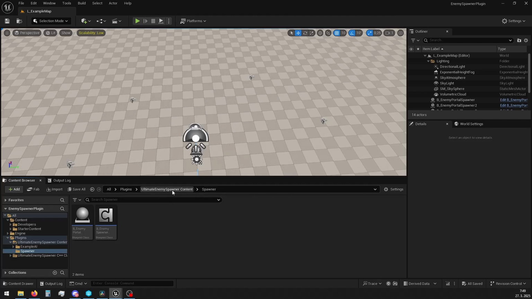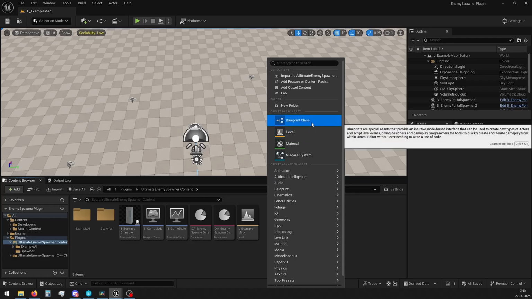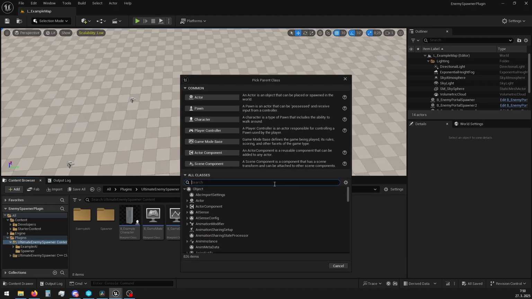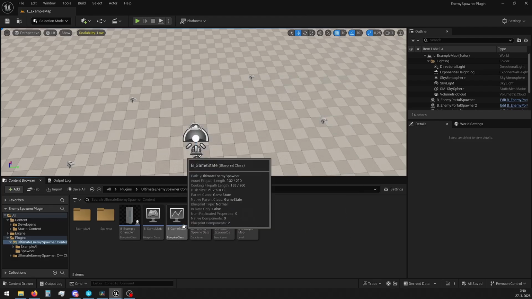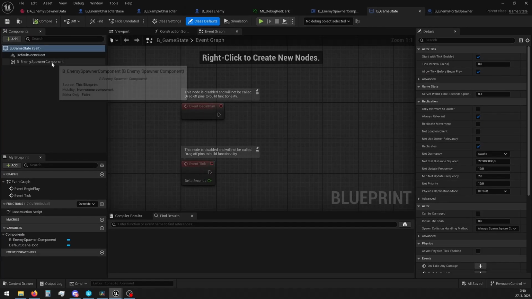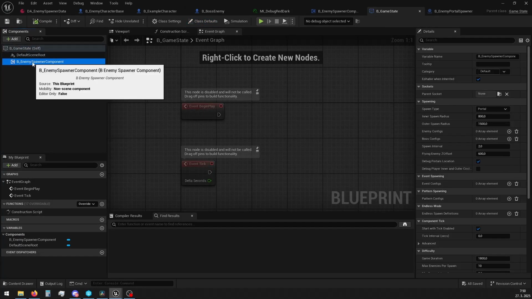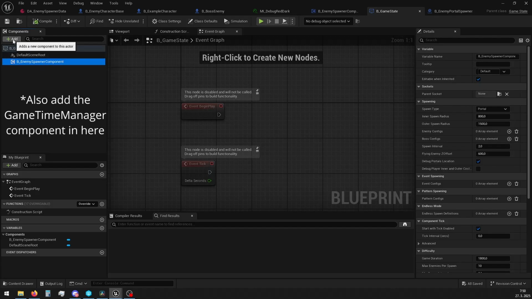So if you don't know how to create your own game state custom class, you can just right click here, blueprint class, and type here game state. And you will just choose this, select, and it will create your own custom one. As you can see, I already created mine. So if I open it up, here you can see that I already attached the enemy spawner component over here. But if you want to attach it, you would go over here and type enemy